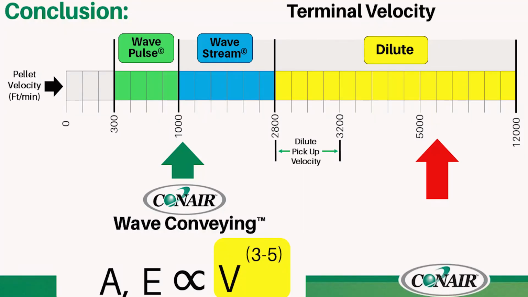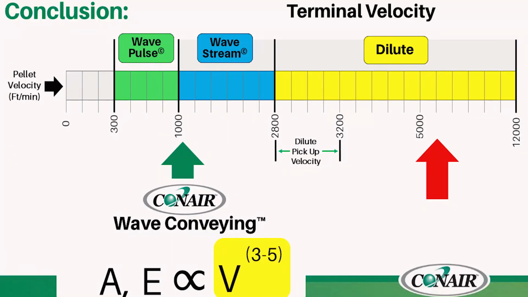What I show on the screen here is a quick speed chart to show the difference between dilute phase, wave stream, and wave pulse. The numbers on the chart represent pellet speed. Now, 3,500 to 4,000 feet per minute of air velocity is required to pick the pellets up into the line, but the pellet velocity is going to be about 75–80% less than the air velocity to start. Those pellets start to accelerate through the system as it gets towards your receiver, and that slip factor or that delta rate from air to material velocity can get up to about 95% or so before the pellets enter the